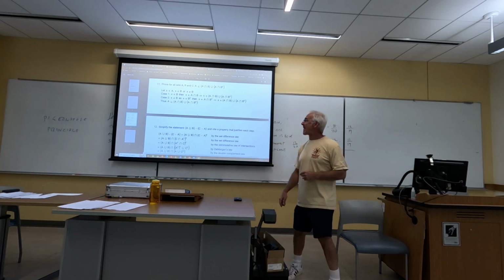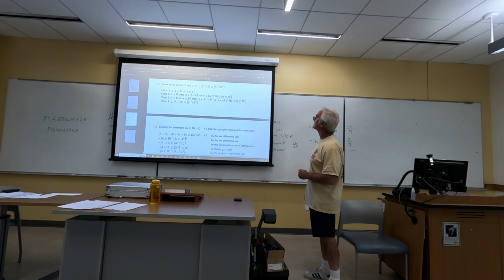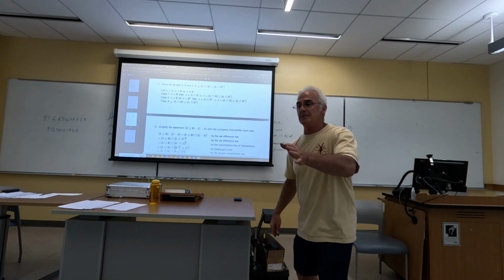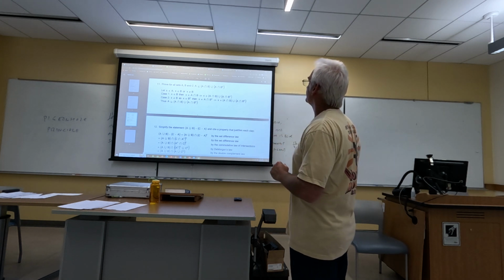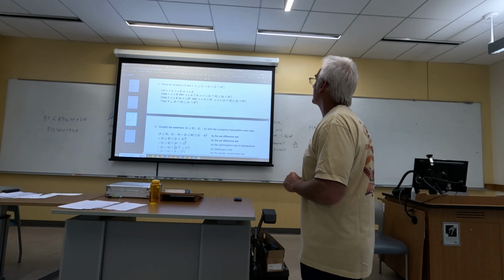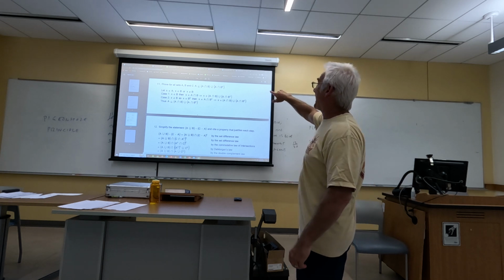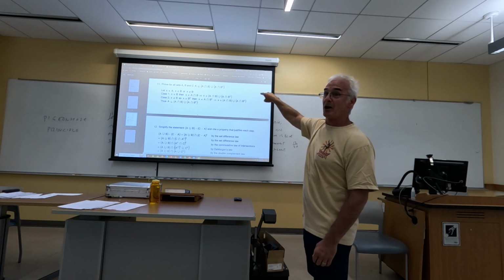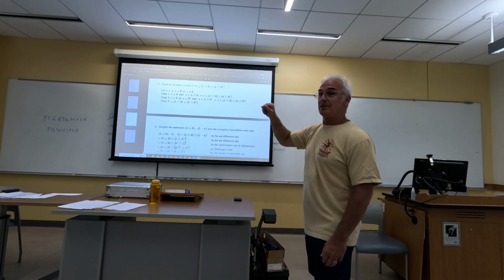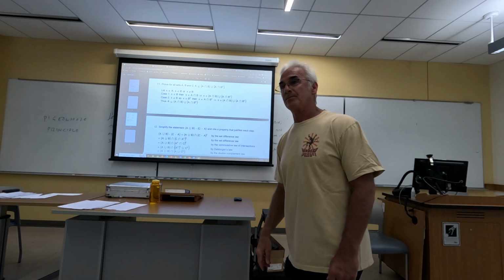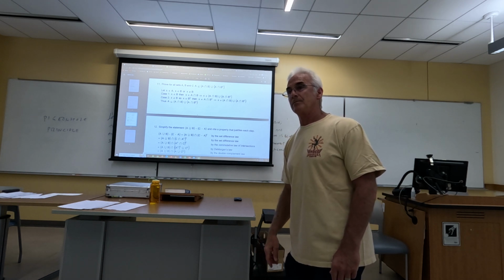Could you have let x be an element of A here, and you would still get 2 cases with the A intersection B and the A intersection not B? I'm sorry, say it again. So we started by saying x is an element of B or x is not an element of B? Well, because I have B and B complement in the problem at the same time. I guess what I'm saying is, do you have to let x be an element of A, or could you let x be an element of